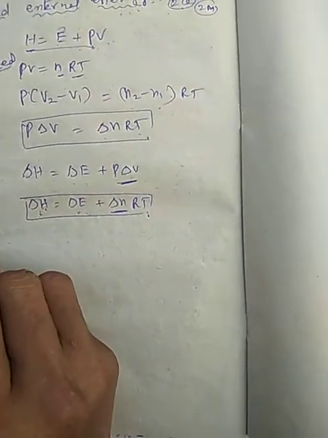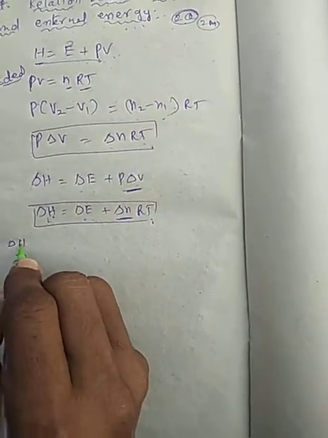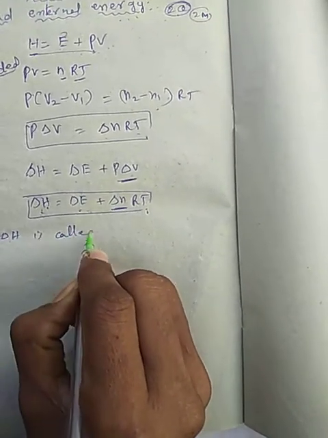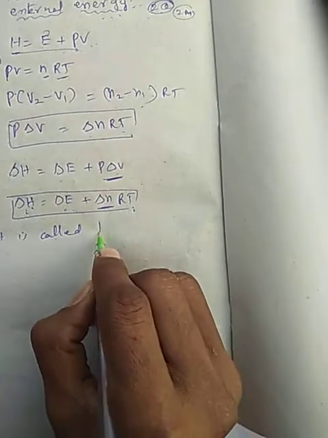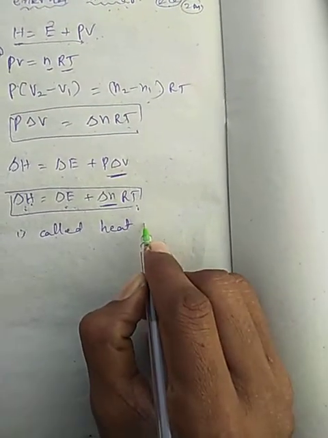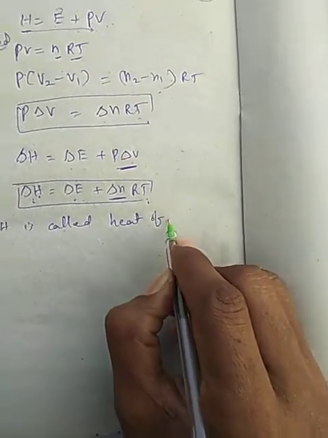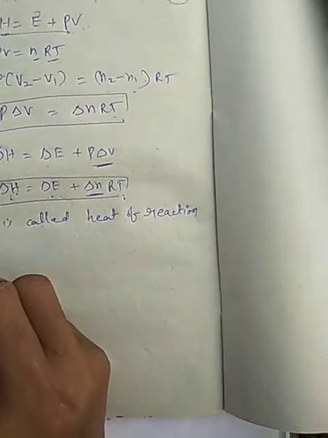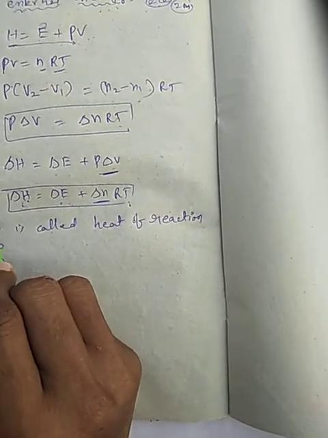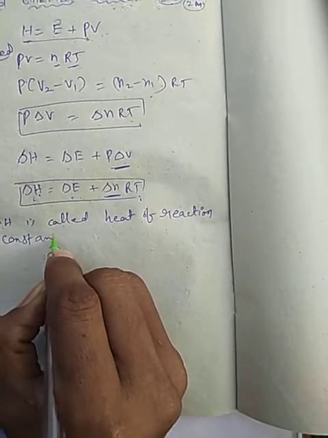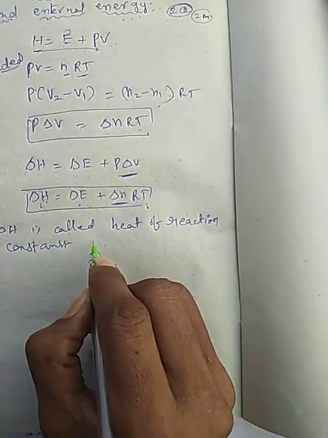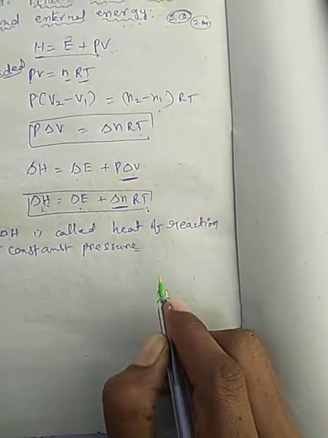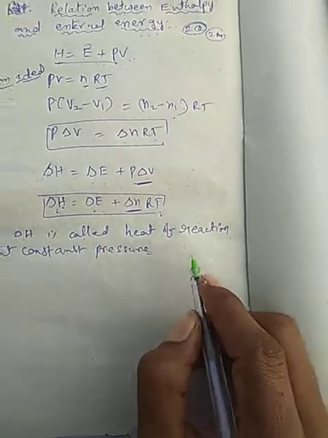In this case delta H is called the heat of reaction at constant pressure,